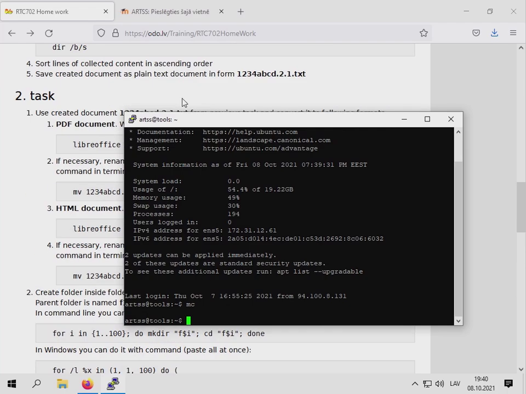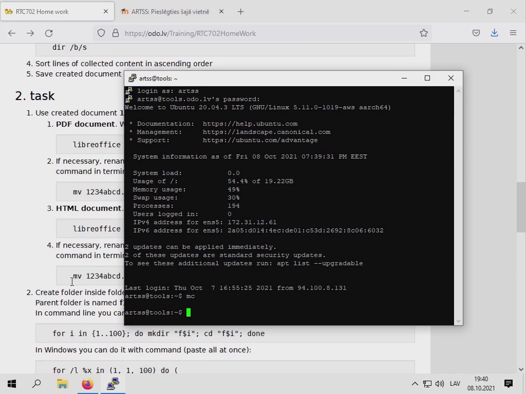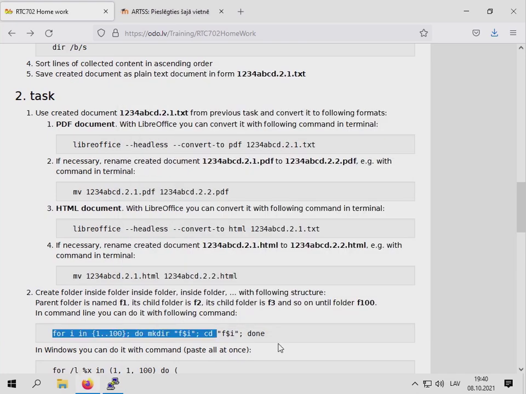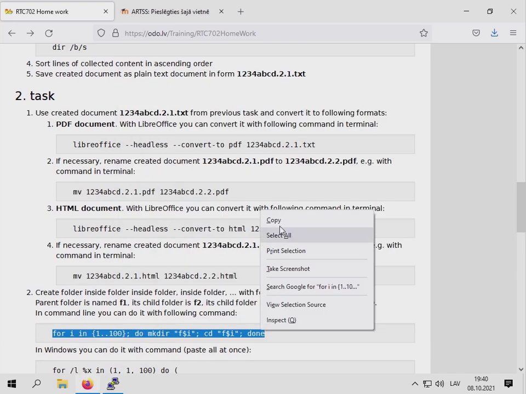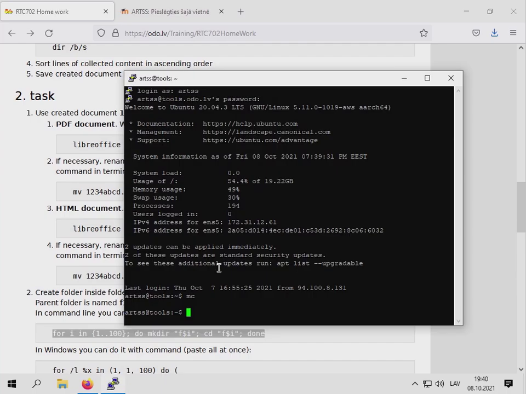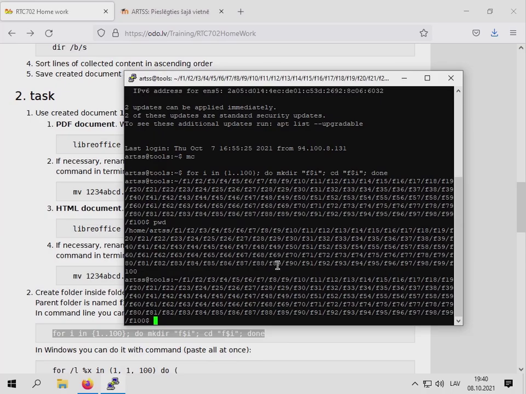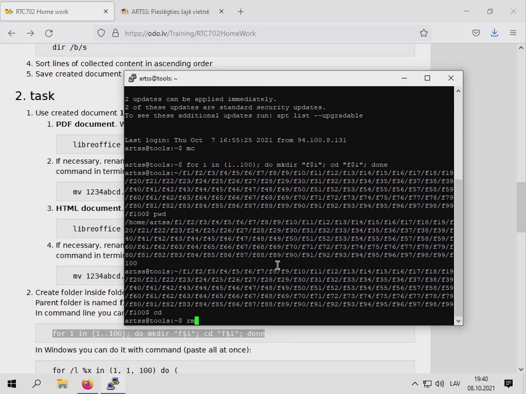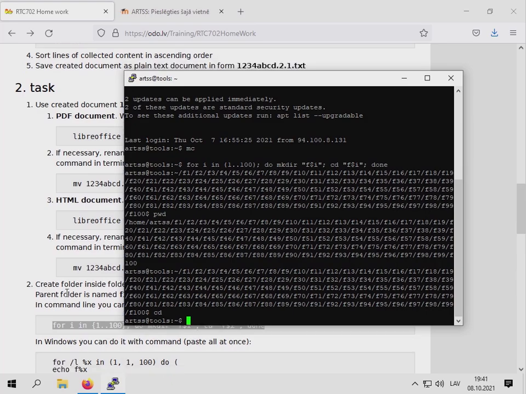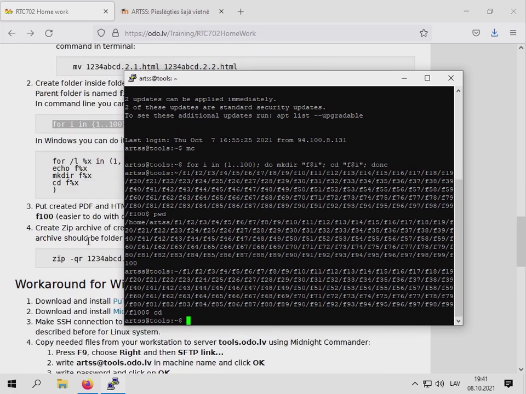But here you can very easily create a folder inside a folder just with this command here. And here it is. But then you need to copy some local files to this remote, for example, to create this zip archive with this command here.